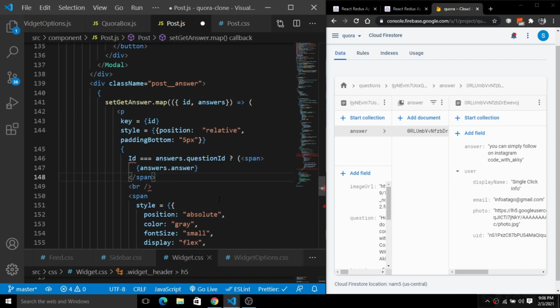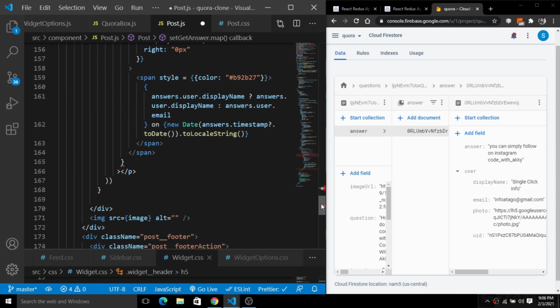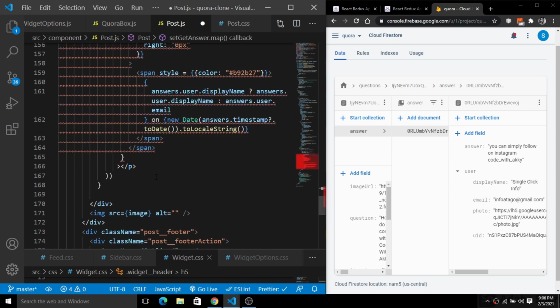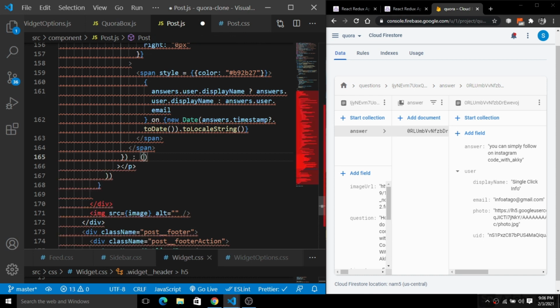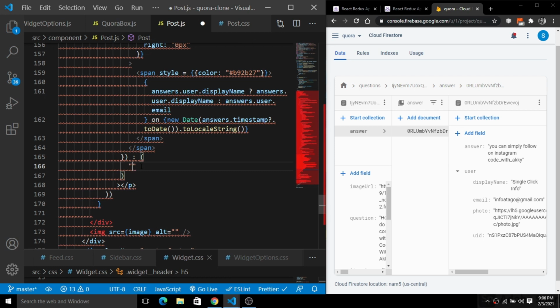So grab this, delete this, and simply put it here after this respective span. After this span, I'm going to simply push this and add a semicolon here, and here we'll add an empty array. Okay, just like this.